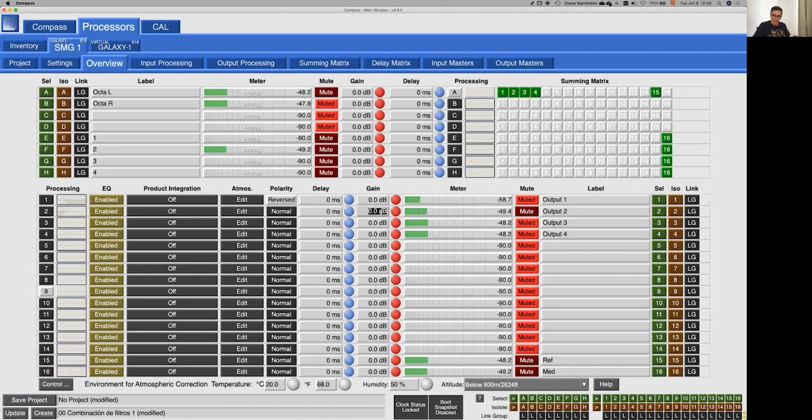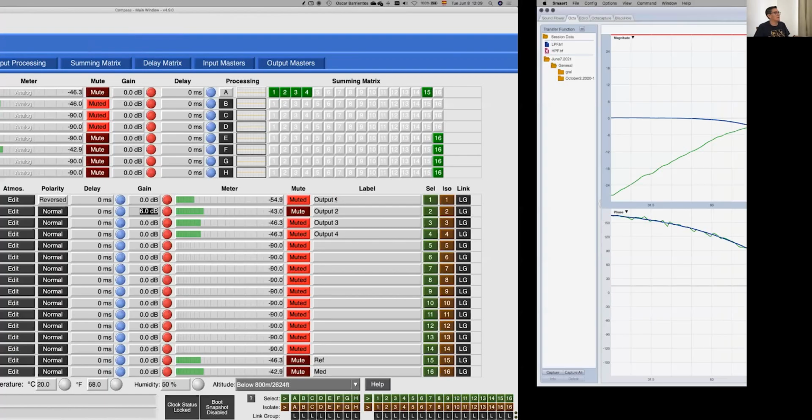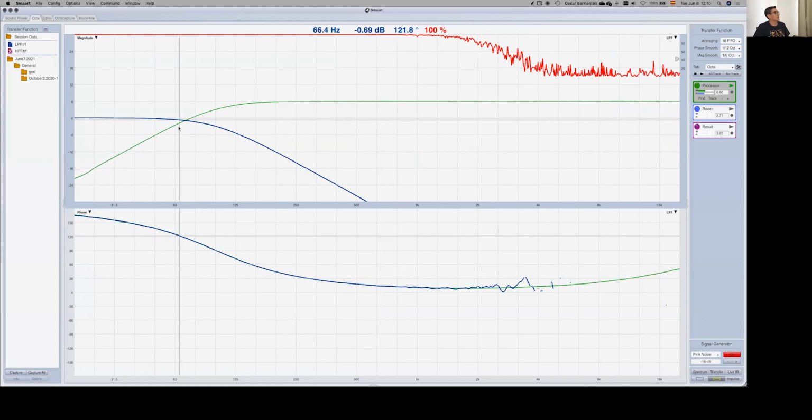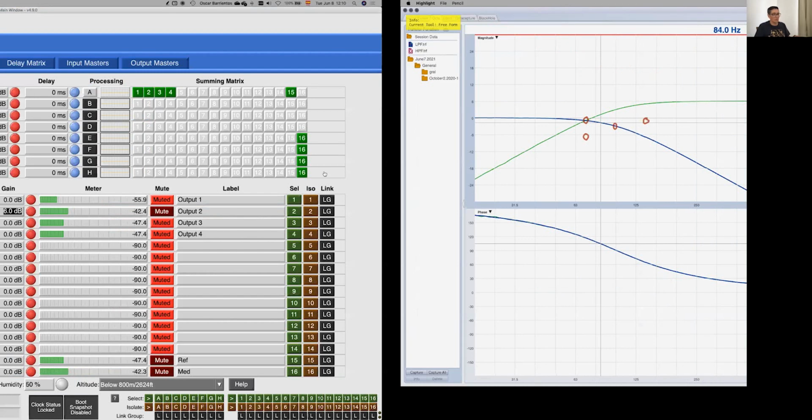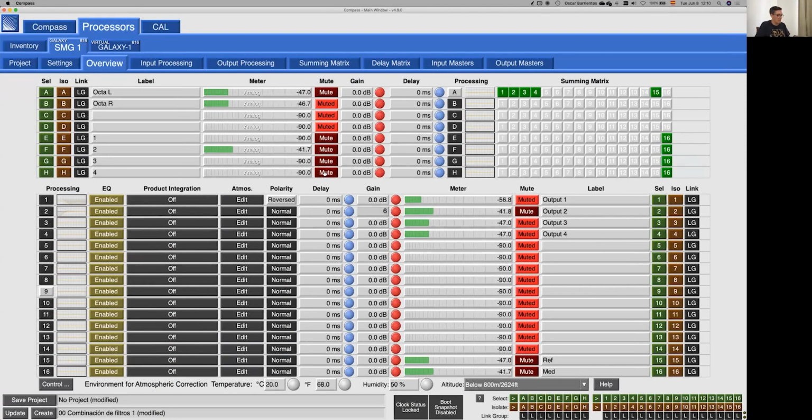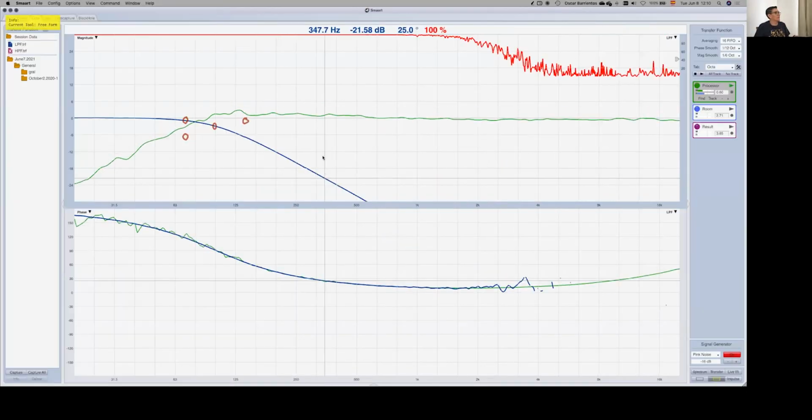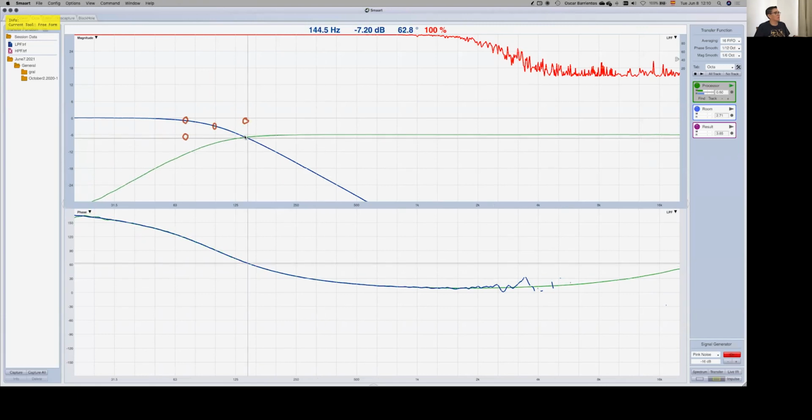I'm going to add 6 dB to the high pass filter right now, and as you can see, the crossover section is moving over this zone. I'm going to mark this as well, just to show that we are getting different crossover frequencies. Now we can go back and do minus 6 dB in the high pass filter, and we're going to see another